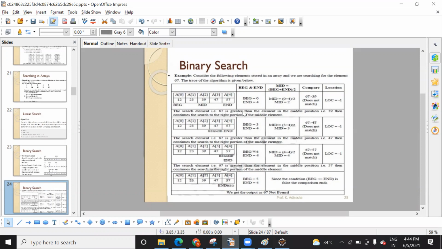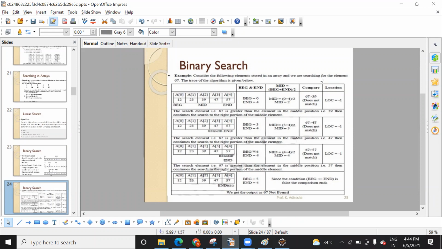They do not find the element, so why do we get the output 67 not found? They have an array with elements up to 57 and they are searching for 67. In the end, it says 67 is not found.